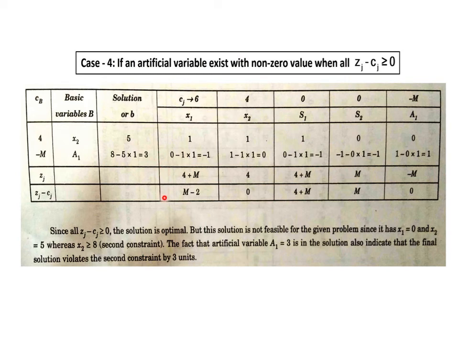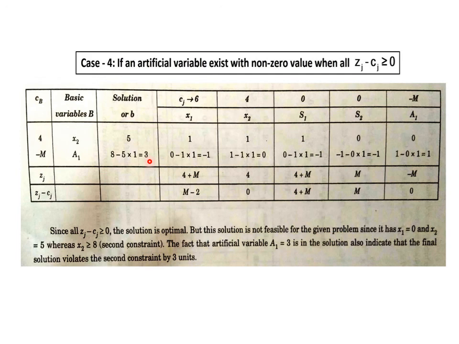In any problem where we have to include artificial variables, in the last table there must not be any artificial variable present in the basic variables, and if it is present, its value must be 0. But here you can see a1 is 3, so we have to take this value, and this value will make the objective function undetermined. How? Because in the objective function we have written minus M a1, so that will be minus 3M. So minimum or maximum value, whatever is required of the objective function, can't be calculated.